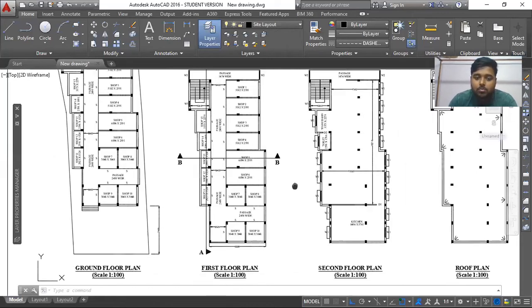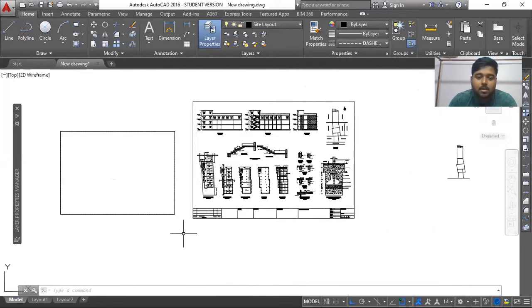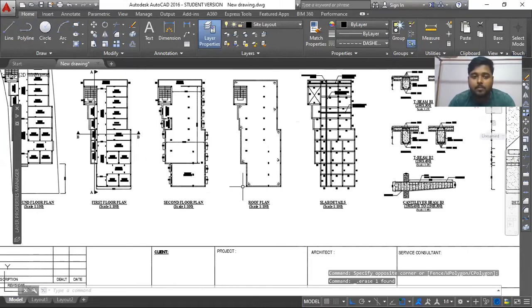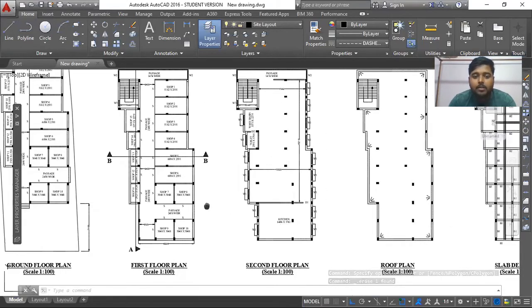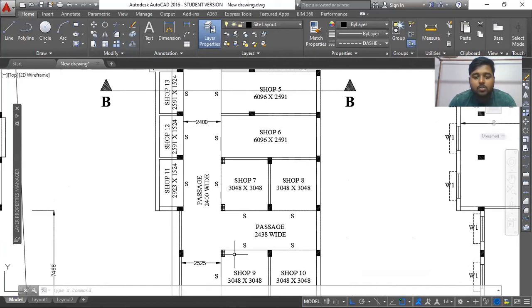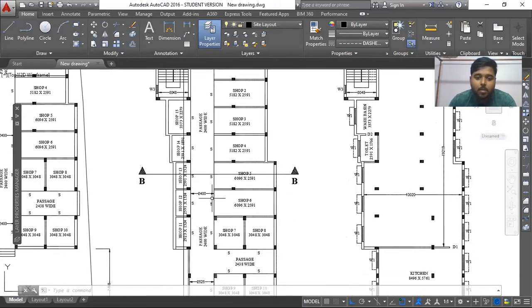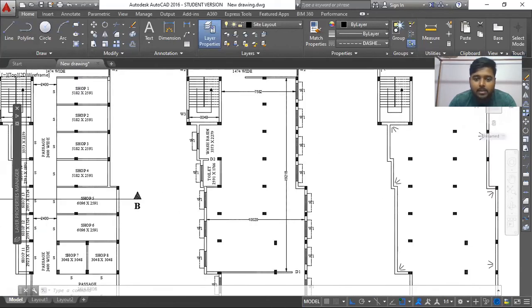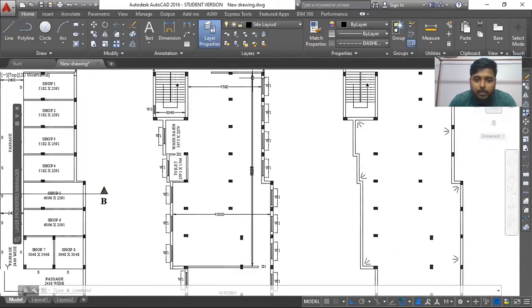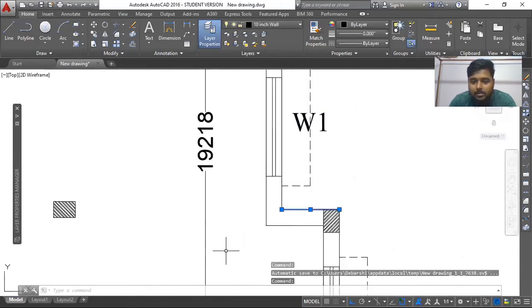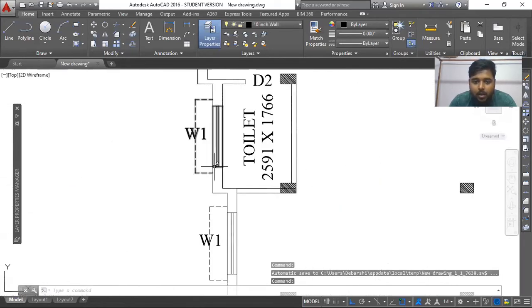You need to see those things. And if you are facing problems regarding scale, because scaling is very important. Why is it important? You can show 1,000 types of dimensions. For example, in this particular plan, I have only shown this dimension, the distance from here to here, and this distance, the length and the width. But I haven't shown how much this particular line is, or how much this particular window is.